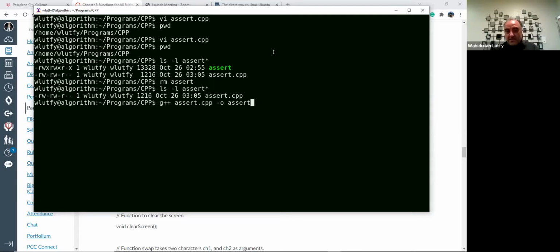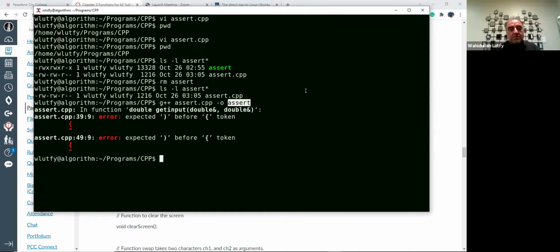The G++ compiler is smart enough to understand that argv sub 0 in this case is the program, argv sub 1 is the name of the source code, argv sub 2 is the option, and argv sub 3 is the name of the executable. So that would also work, but